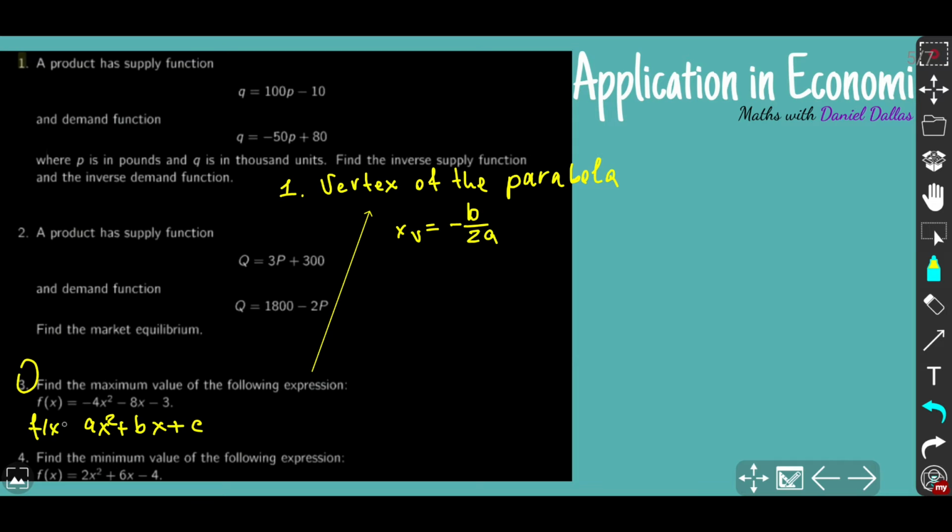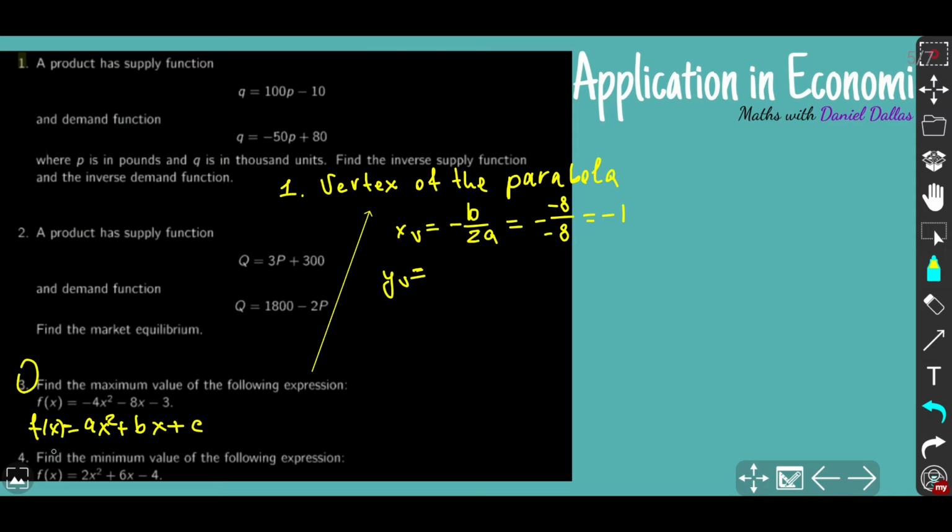As you can see here, by comparison, coefficient a is -4, coefficient b is -8. So right now we just need to plug those coefficients here, and we'll get minus 8 over 2a means -8 as well. So that means you have -1. So x vertex is -1, and to find y vertex, you just simply need to plug this -1 back again